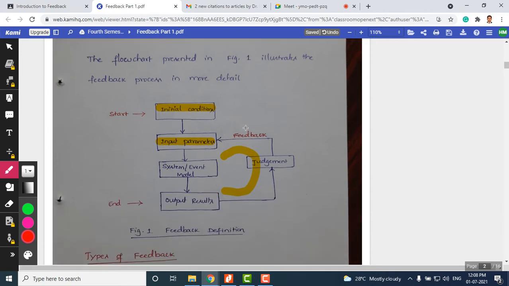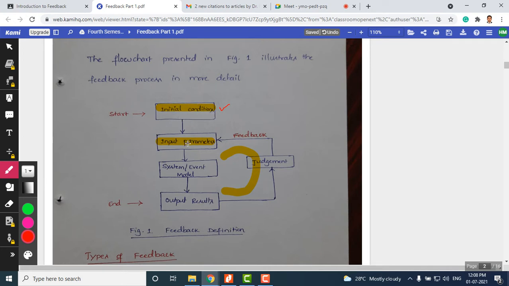Now, let us have a look at the general flow chart in order to define what is feedback. So, we will start with any electronic system design with initial conditions. Maybe if your circuit employs a capacitor, we need to assume what the initial voltage is. If the circuit employs an inductor, what is the initial voltage, what are the assumptions, parameters, especially the gain, other things, transistor. So, these are called initial conditions here. Any electronic system design, whether it is an amplifier in the case of analog circuits, or a flip flop in the case of digital circuits, all those things will start with some initial conditions here.